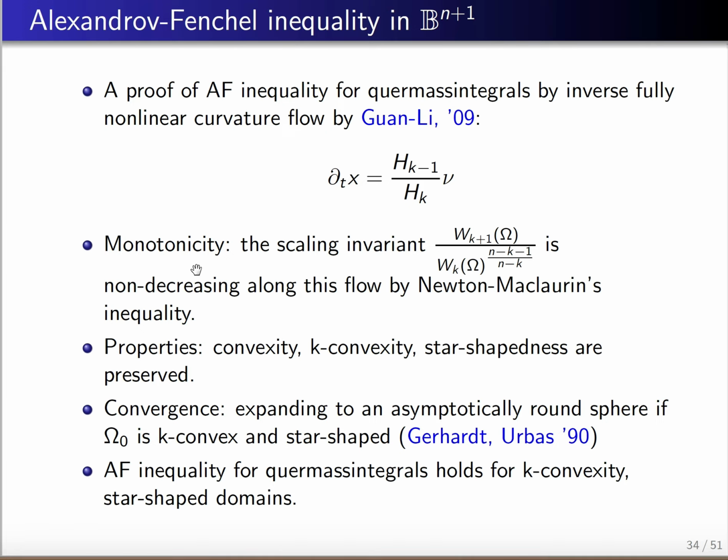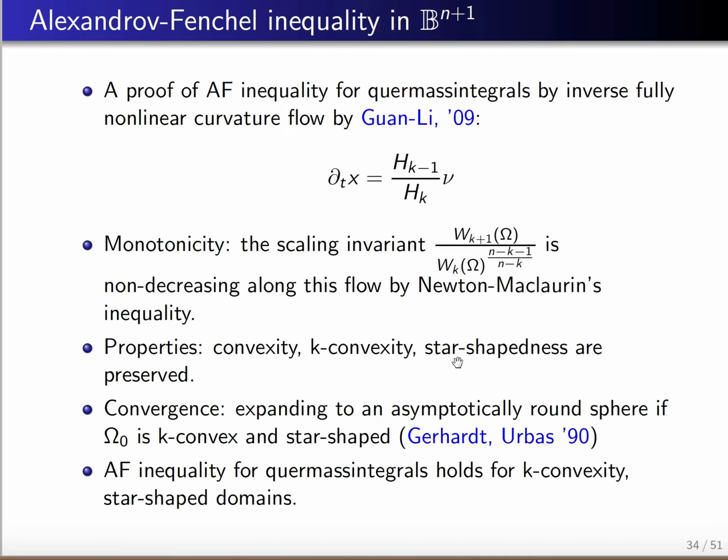There are several properties for this flow. Along this flow, we have the following monotonicity: this quantity W(k+1) over Wk to this power is non-decreasing. And the flow preserves convexity, and it preserves k-convexity, and also